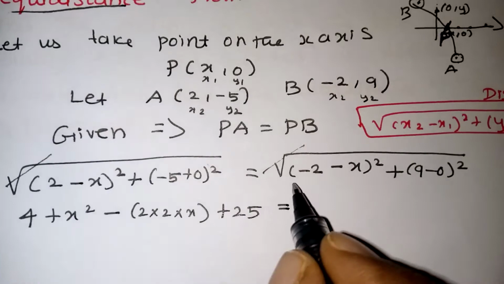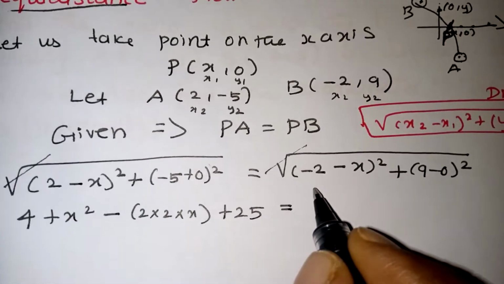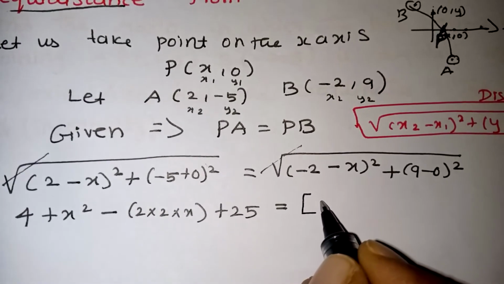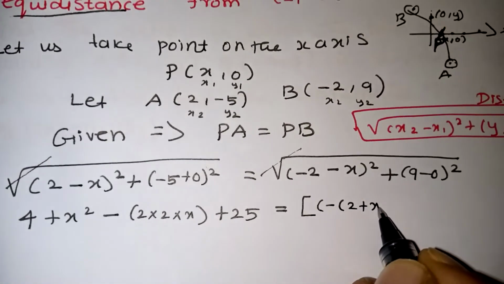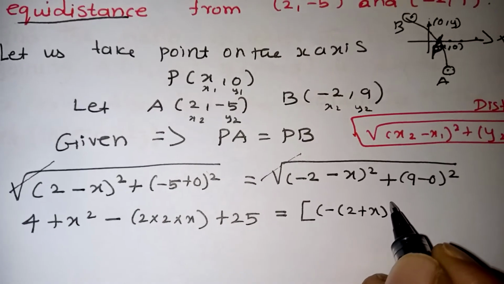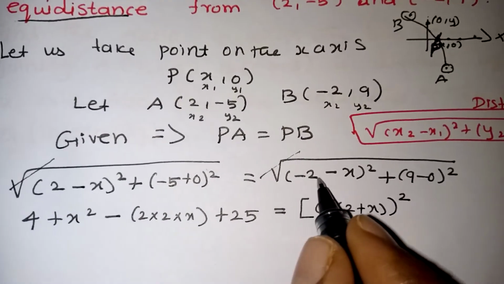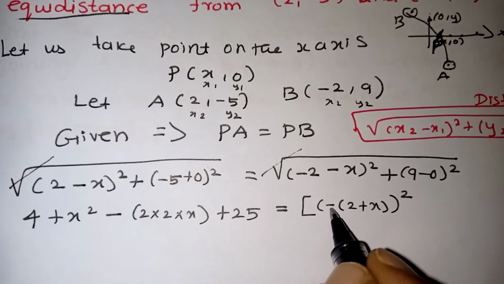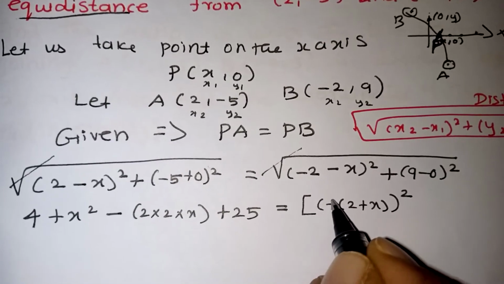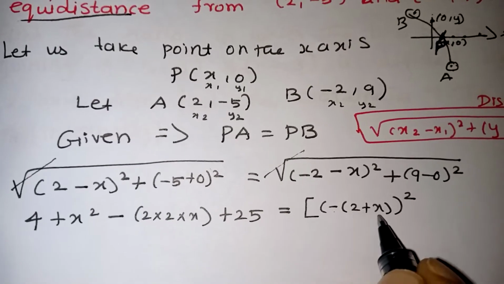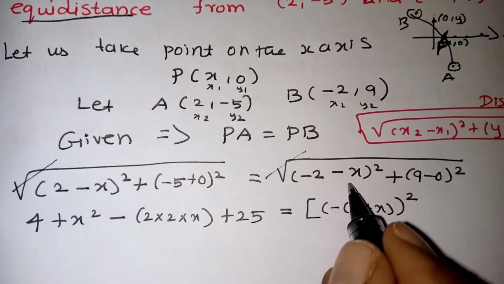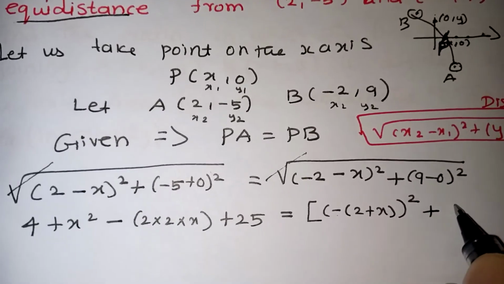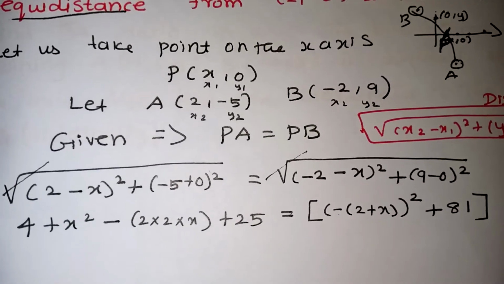On this side, children, whenever you are getting 2 minus signs, let us take minus as common. We can write it like this first: minus of (2 plus x) the whole squared. Think in this way, that will help you avoid mistakes. Both the terms are getting the minus sign, so you just take a common minus, then you square it. This square is common for the minus sign also, so this minus automatically will become plus. This will be (a plus b) the whole squared. So (-a minus b) is nothing but (a plus b) the whole squared only. Plus 9 squared, the value is 81. Like this we have to write.